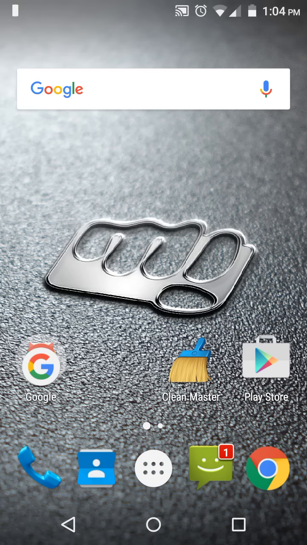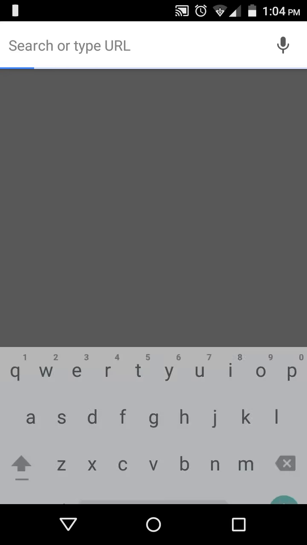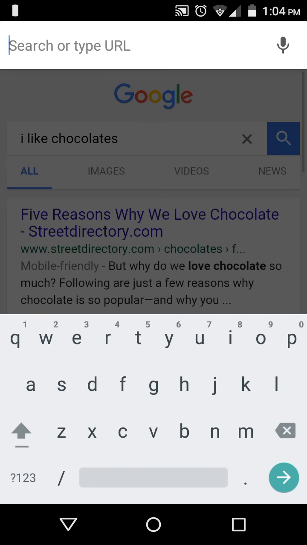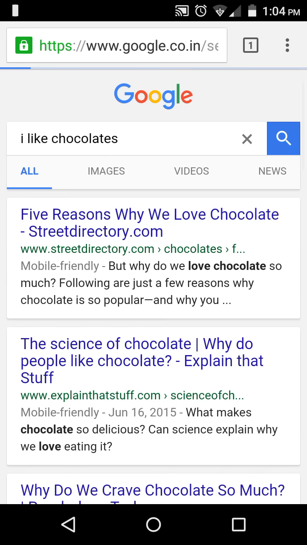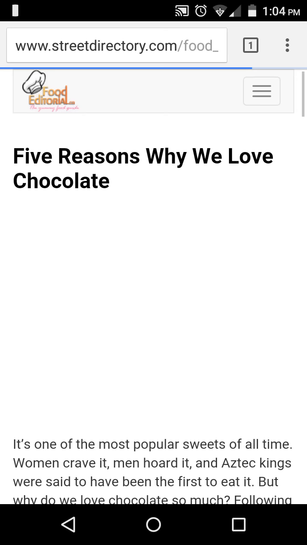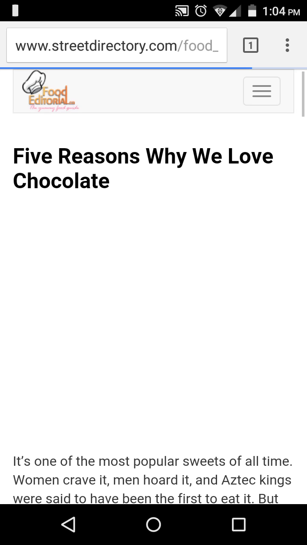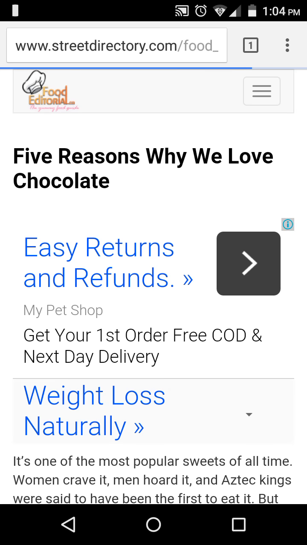First of all, I'll show you how Trade Ad Exchange looks. Let's go to any random site. I like chocolate, so let's see. Now it's showing me a page about chocolate, but it's going to redirect me soon. See, you can see it's redirecting me to